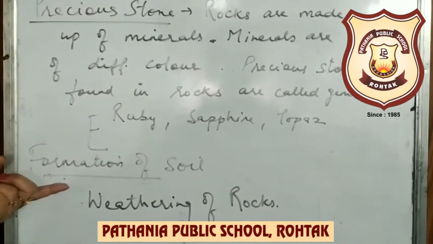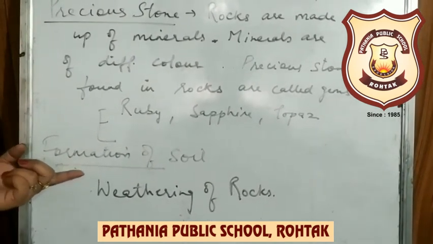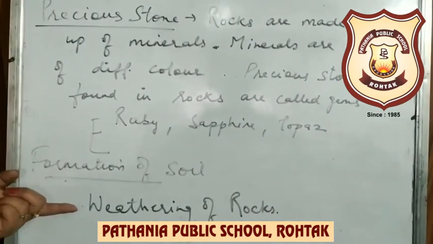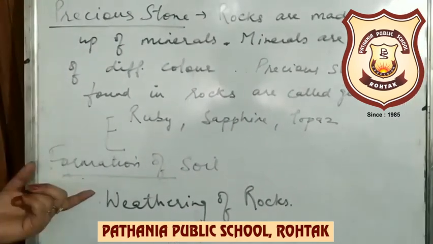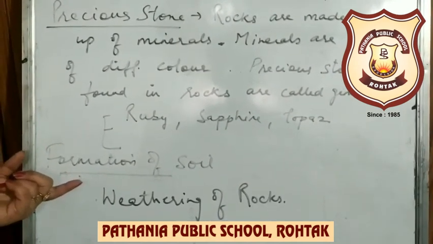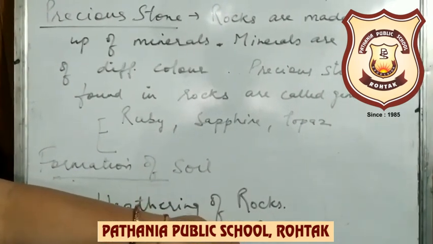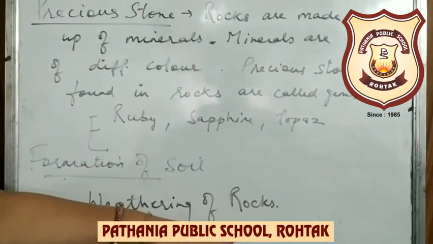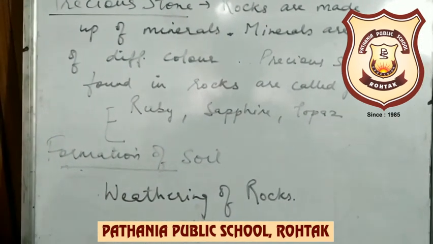How is soil formed? Soil is formed by the weathering of rocks due to wind, water, heat. Heat, rain and water cause weathering of rocks. Weathering of rocks can take thousands of years or even more for the soil to form. Rocks, beta, are heated by the sun and rain water cools them. So alternate heating and cooling make cracks in the rocks, and that is why rocks will break into small pieces. Second will be, beta, due to strong wind.